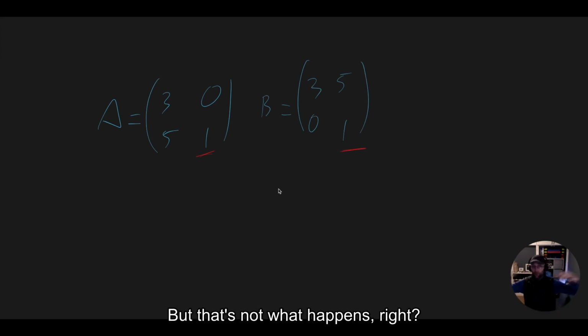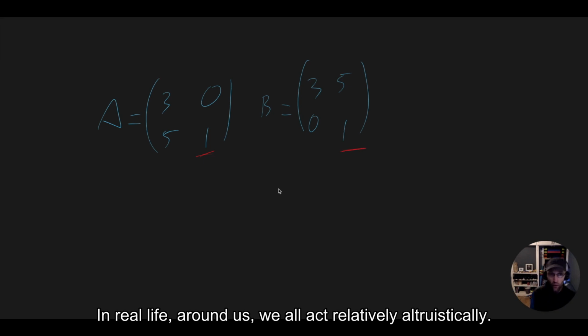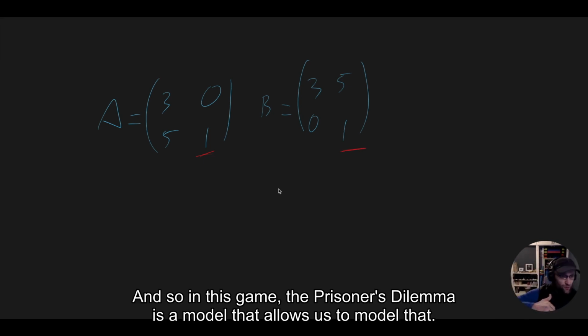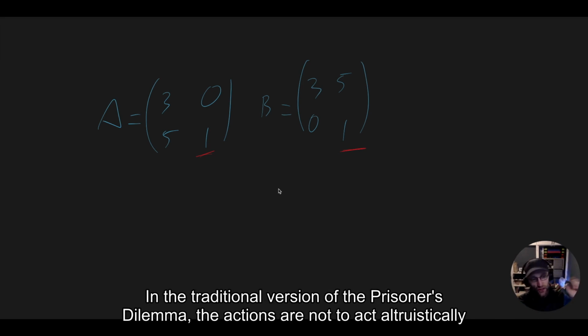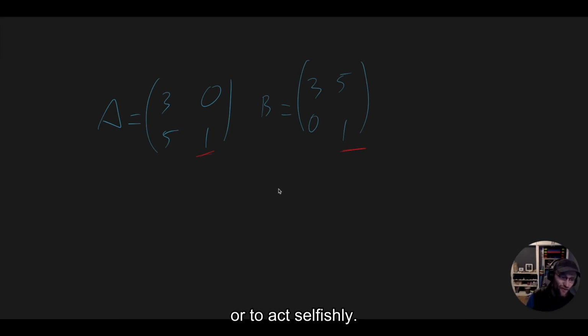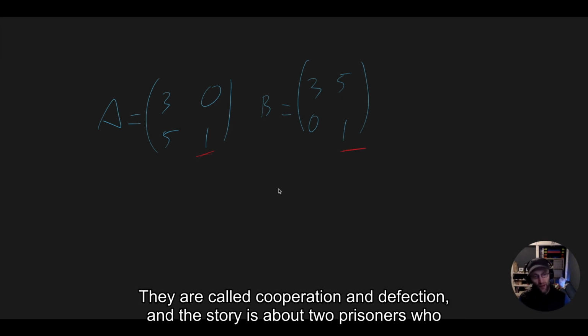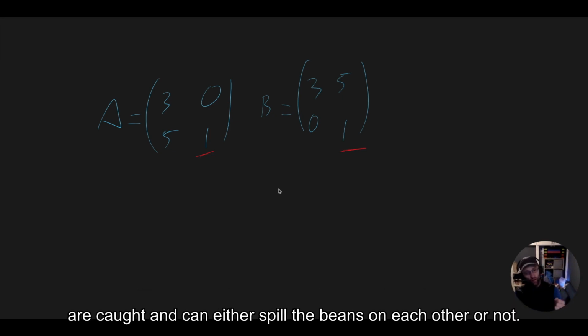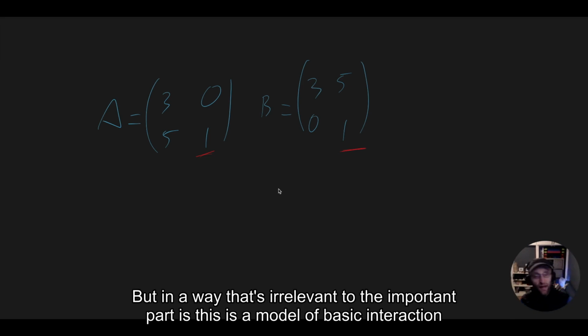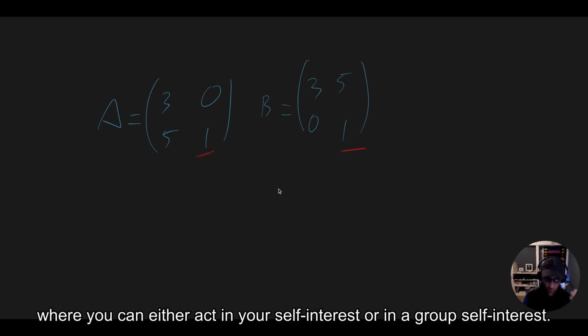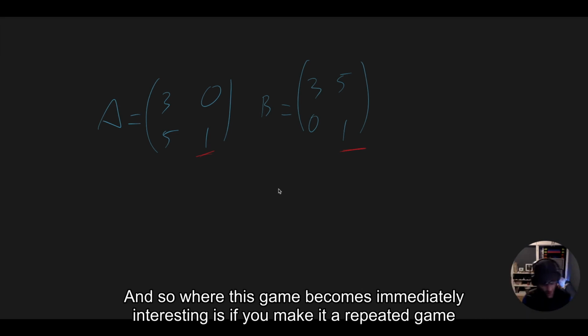But that's not what happens, right? In real life, around us, we all act relatively altruistically. We all work together. And so this game, the Prisoner's Dilemma, is a model that allows us to model that. In the traditional version of the Prisoner's Dilemma, the actions are not to act altruistically or to act selfishly. They are called cooperation and defection, and the story is about two prisoners who are caught and can either spill the beans on each other or not. But in a way that's irrelevant. The important part is this is a model of basic interaction where you can either act in your self-interest or in a group self-interest. And so where this game becomes immediately interesting is if you make it a repeated game